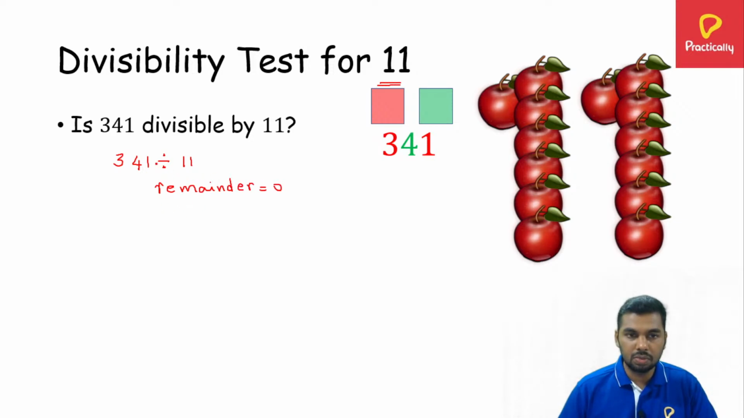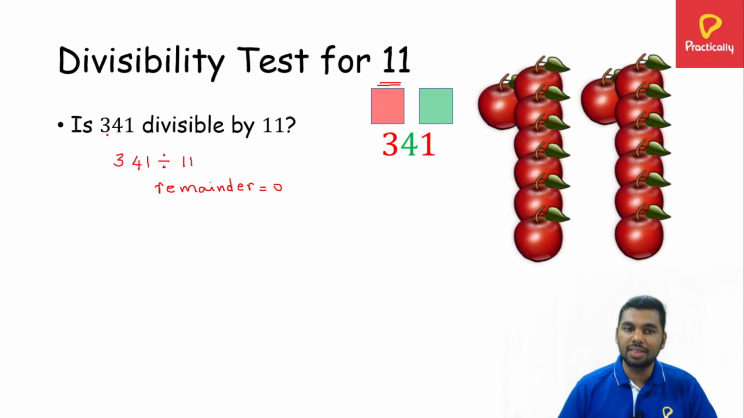Now remainder is what you get after dividing. So there are two parts to the answer, quotient and remainder. Quotient is the answer to the division. Remainder is what remains after dividing. So in this case,